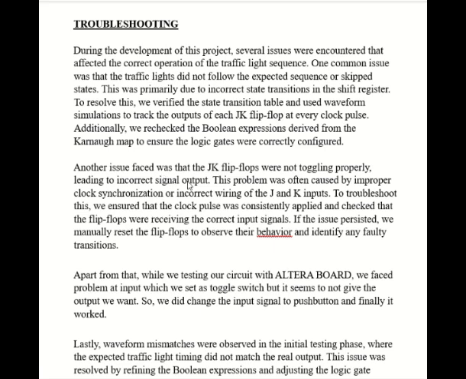Another issue faced was that the JK flip-flops were not toggling properly, leading to incorrect signal output. This problem was often caused by improper clock synchronization or incorrect wiring of the J and K inputs. To troubleshoot this, we ensured that the clock pulse was consistently applied and checked that the flip-flop received the correct input signals. If the issue persisted, we manually reset the flip-flops to observe their behavior and identify any faulty